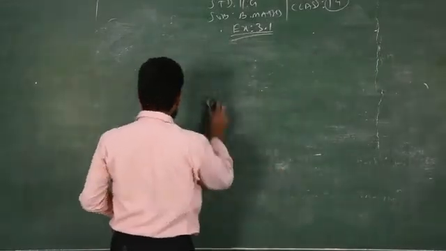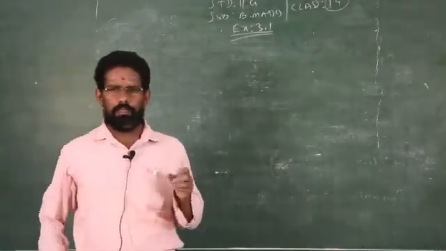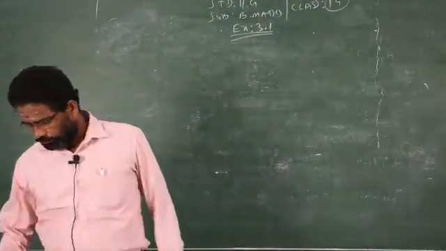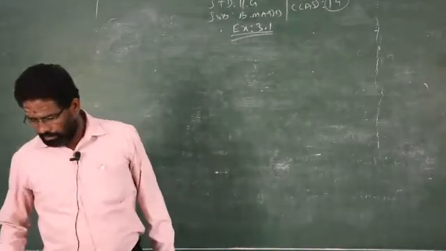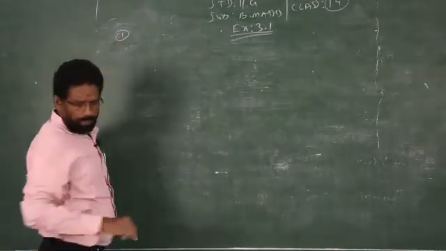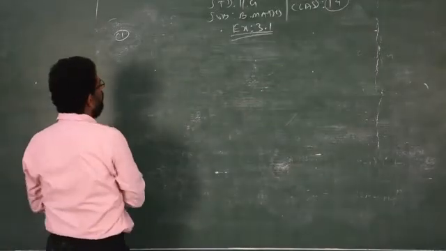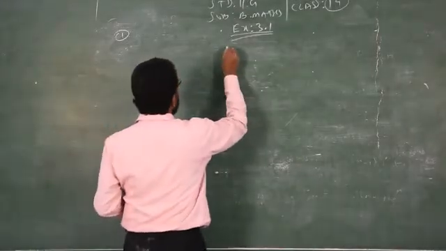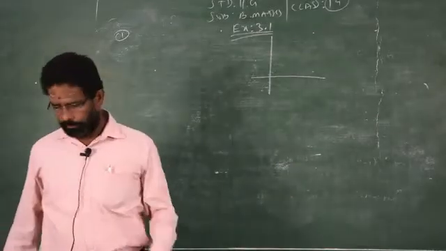Now we have to see that this is coordinate geometry. You know the distance formula, which you all studied in 9th standard. Clear? That is called analytical geometry or coordinate geometry. So exercise number 3.1, question number 1: find the locus of the point which is equidistant from (1, 3) and the x axis. So you must draw a diagram. If you go for the diagram, it will be very easy.